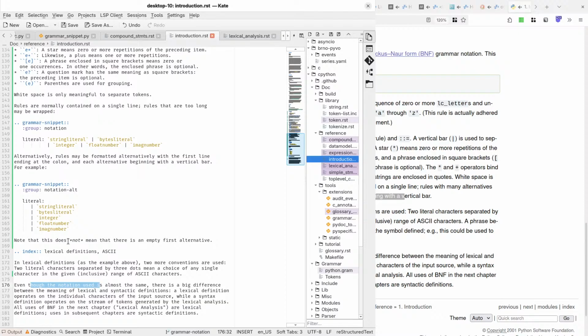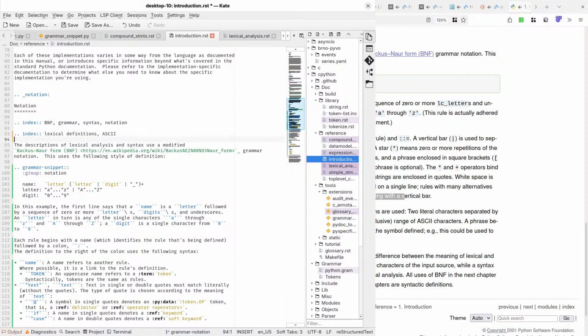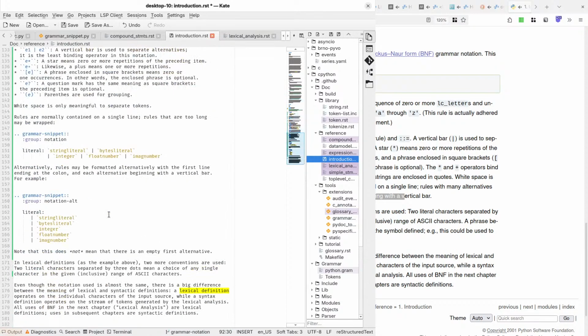Yeah, I would like to get rid of the distinction between lexical and syntactic definitions. Why? Because since we have F strings and now T strings, they do kind of overlap.